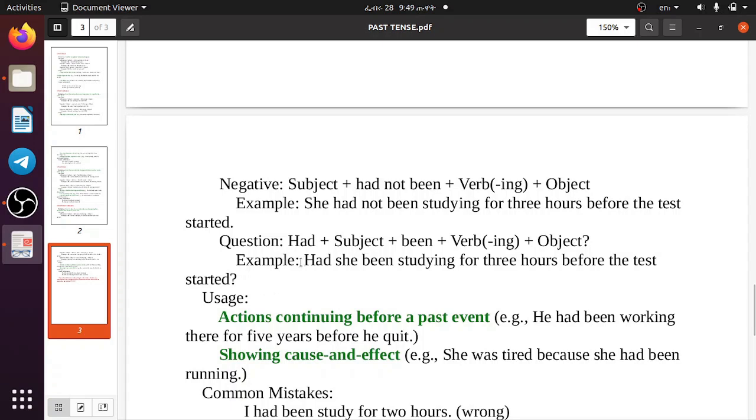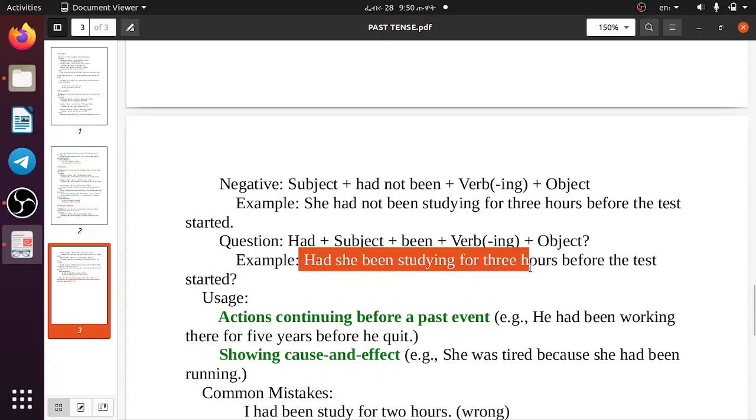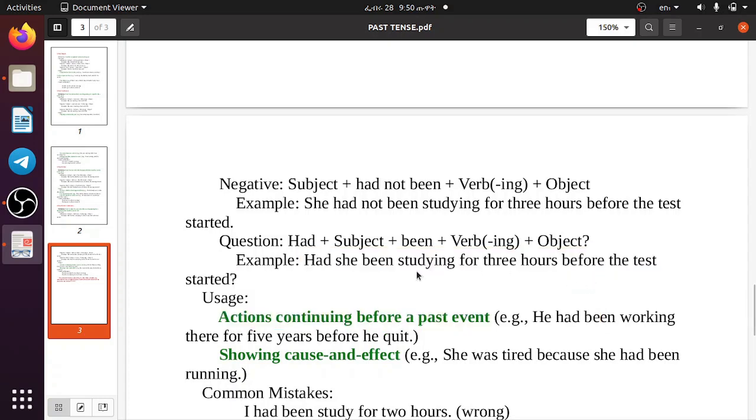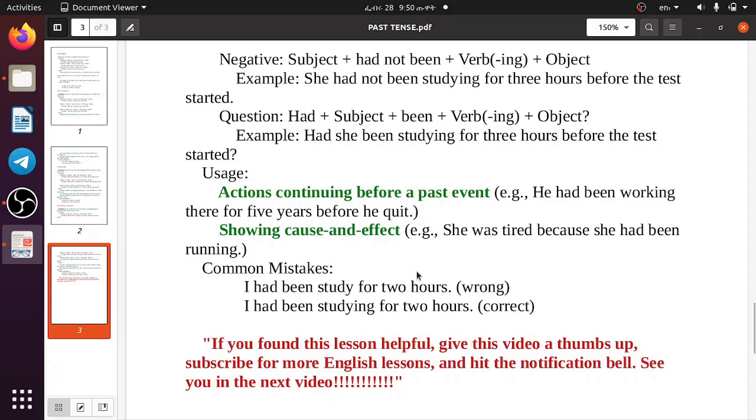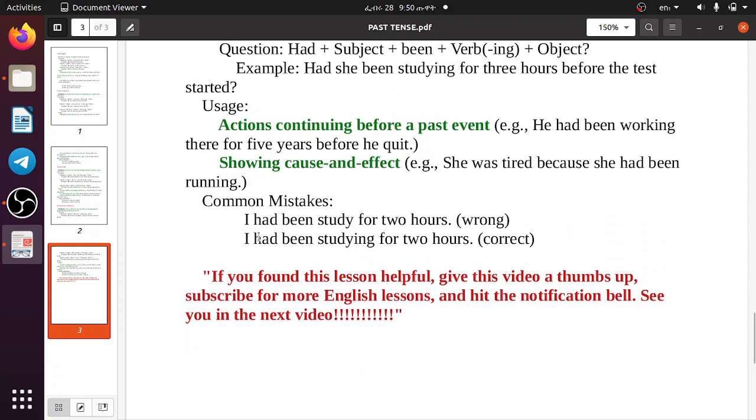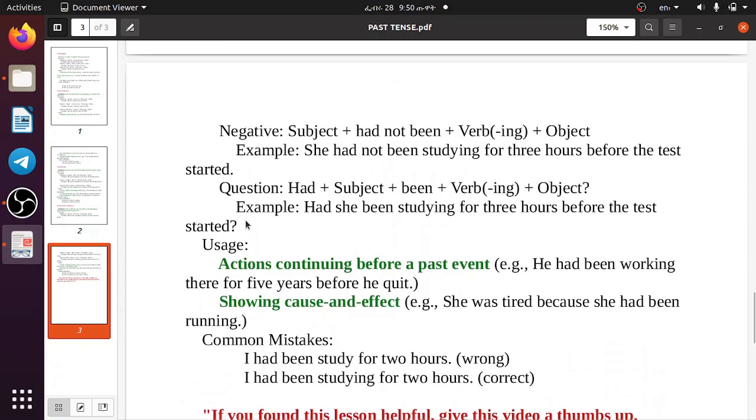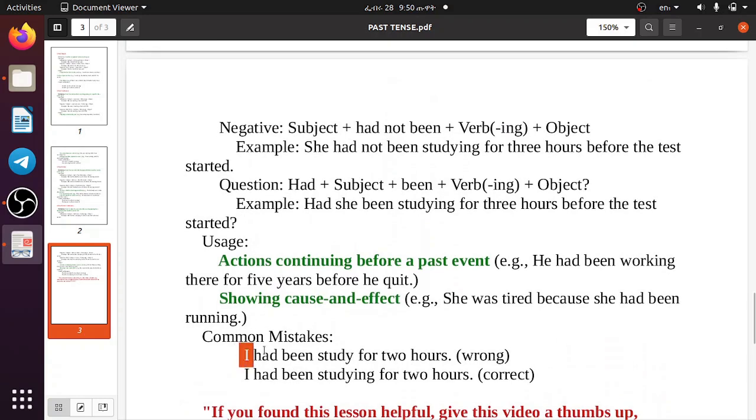Common mistakes. I had been steady for 2 hours. This is wrong. Why? We have to use verb ing. So the correct form is I had been studying for 2 hours. This is correct. This is all about past perfect tense. And generally we have seen the past tense, simple past tense,